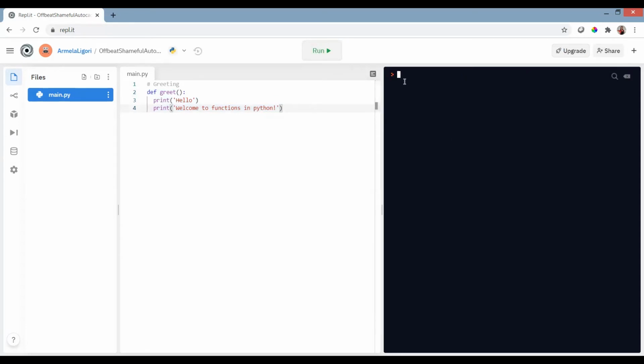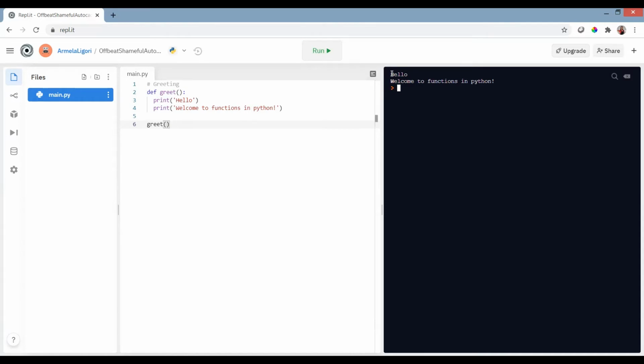Okay, nothing is happening. Why is that so? Well, we wrote our function and our function is ready to use, but we didn't call it. Unless we call a function, it won't execute, okay? So in order for the function to perform its task, it must be executed. And whenever we need to execute a function, we just simply need to call it. How to call this function? Just specify the name of the function and then the parentheses, and that's it. Let's press run, and we can see that now we have on the screen, hello and welcome to functions in